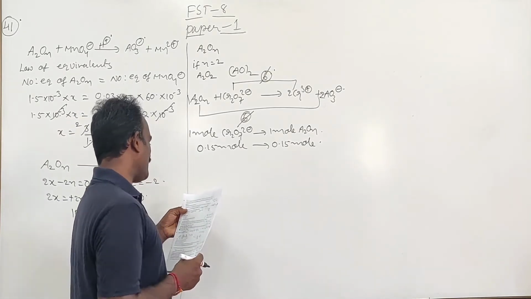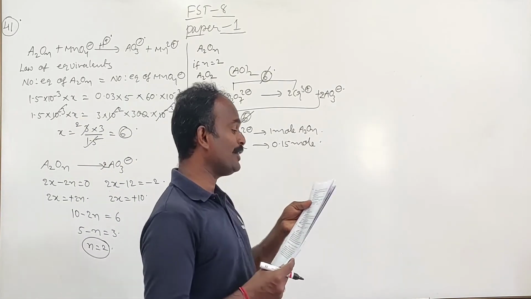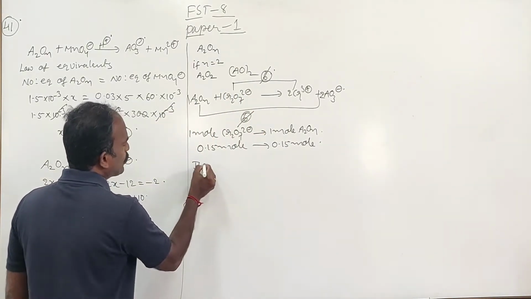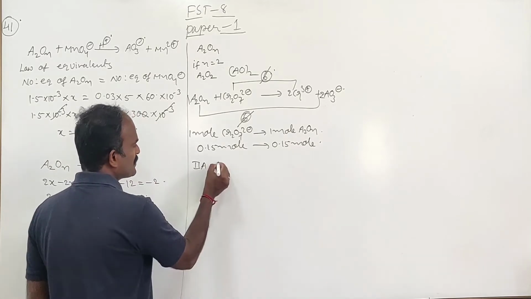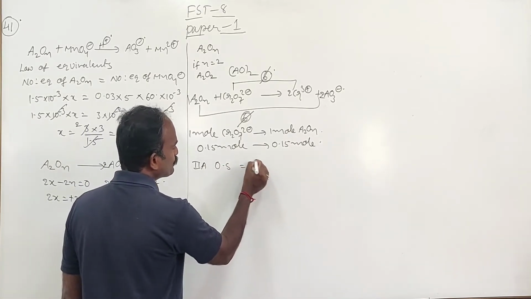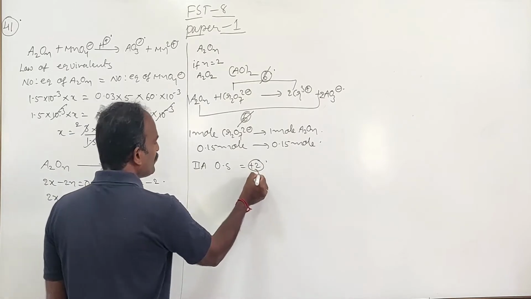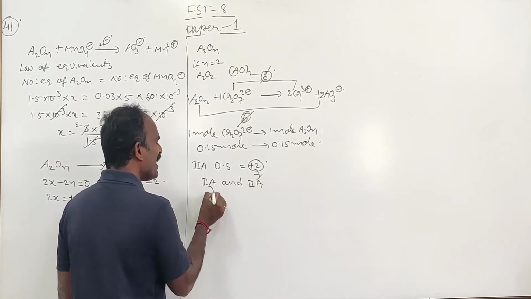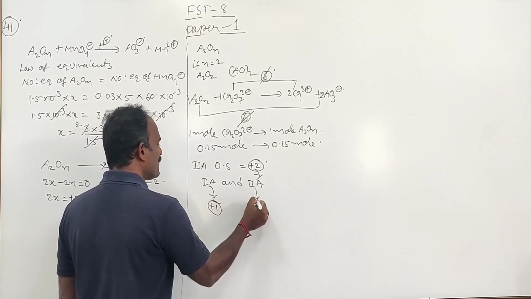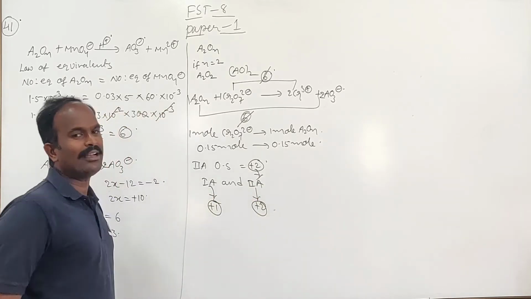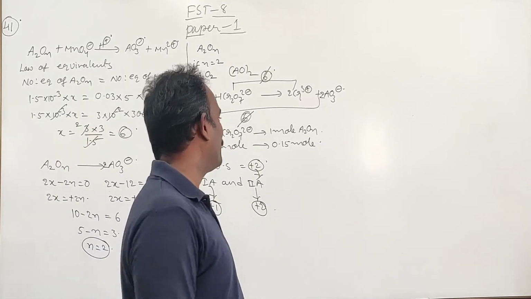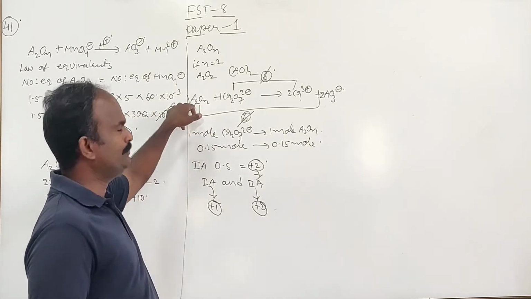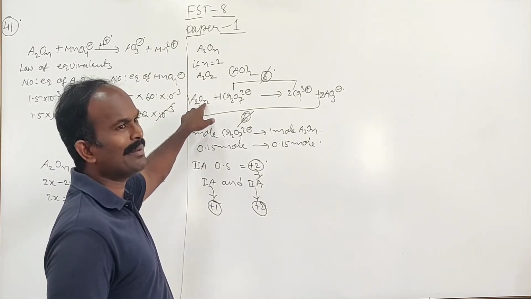Next, A may be a metal of the second group of the periodic table. We will check. We all know that for the second A group of the periodic table, the oxidation state is equal to plus 2. We all know that both the first A group and second A group have fixed oxidation states, plus 1 as well as plus 2. These do not have variable oxidation states, but they mentioned it is a second group. But here if you look at this one, what is the oxidation state here? It will be around plus 2.